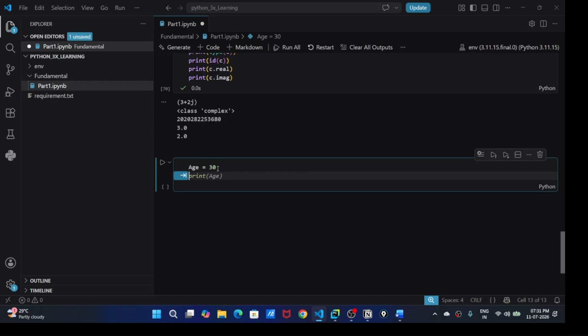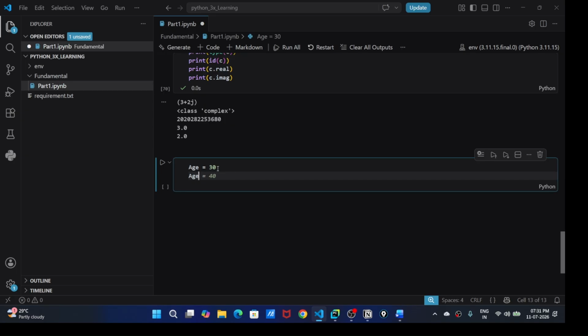So there is one advantage there, and one very famous interview question is also asked on this particular topic. The question is: is Python statically typed or dynamically typed? We will discuss and see. First we have to understand how it basically works, right? If I want to convert this one, how can I convert?